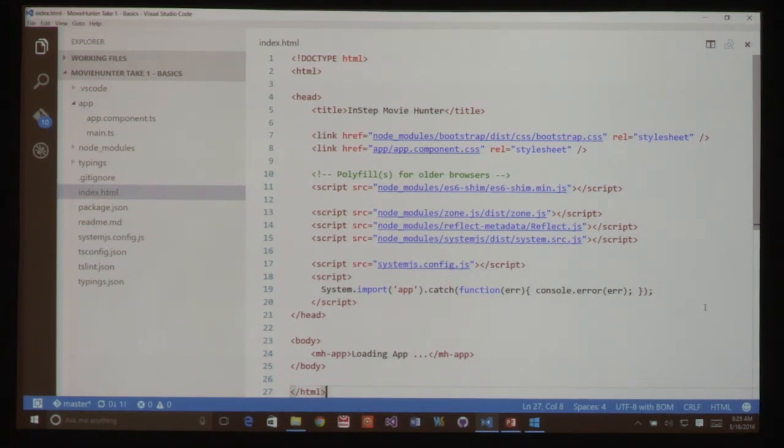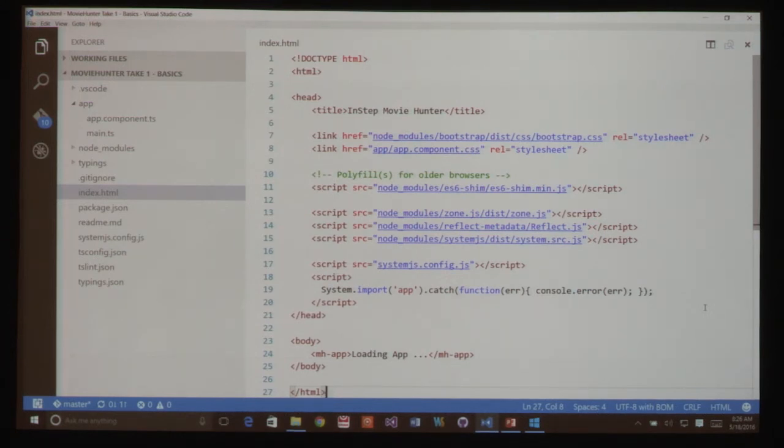System.js is a module loader, and it's loading these files for us, and that's why we don't need to manually put our scripts in here. What that other little piece of script is doing is saying load the System.js config file, and then it is importing everything from the app folder. So as long as you put all of the pieces of your app under the app folder, it is going to be automatically imported and pulled into the app as it's needed.